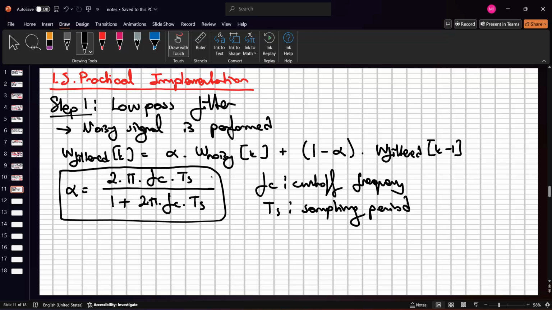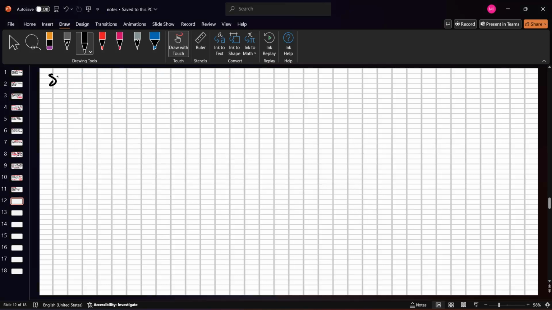And so if we calculate this alpha value, we can set the cutoff frequency and sampling period, and we will get the correct values of the discrete low pass filter. This is important. We cannot use the continuous formulation here. Just remember that. So if we obtain the whole measured signal, and after that we apply the low pass filter, then in the second step we need to estimate